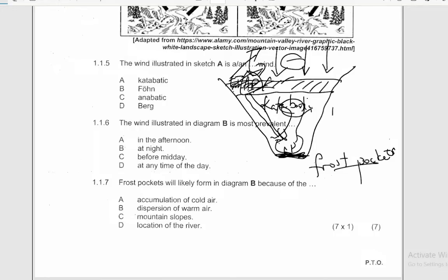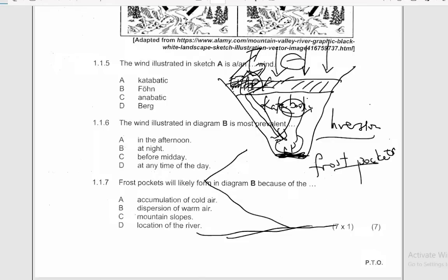Then we also have the concept of an inversion. I think if we are to meet it in the discussion, let's just solve it here. With the inversion, we are looking at the reversal of the normal temperature profile of the troposphere. We know that in the troposphere, the normal temperature gradient is that the higher you go, the colder it should get. But when it reverses, we are saying if you go to higher altitudes, instead of the temperature decreasing with altitude, the temperatures are increasing. So that reversal of the normal temperature profile, which we geographically know as the normal temperature profile,